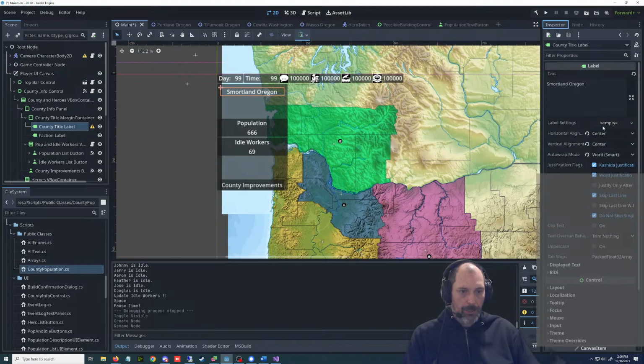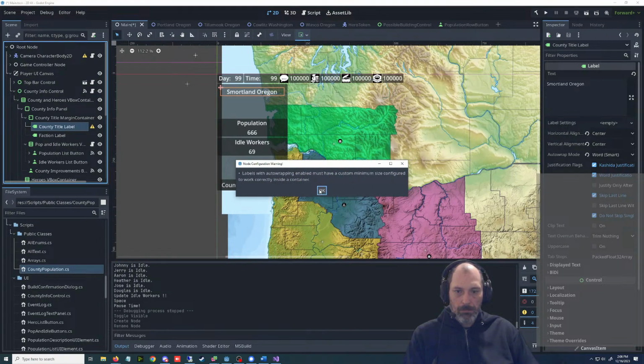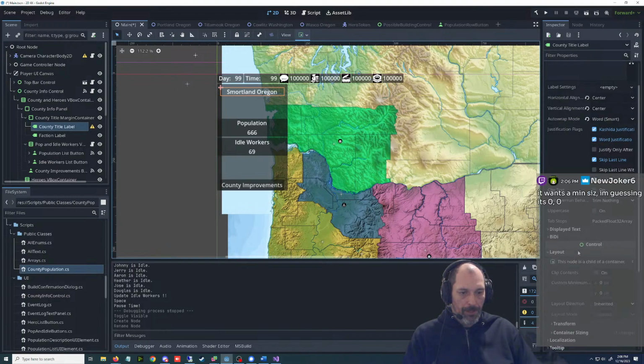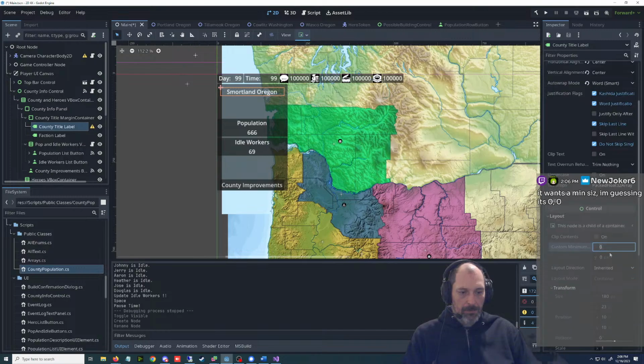What's going on with auto wrap? Minimum size needs to be configured to work properly. Well, that's nice of them to tell me that. What's its current size? Let's say 180 by 25.